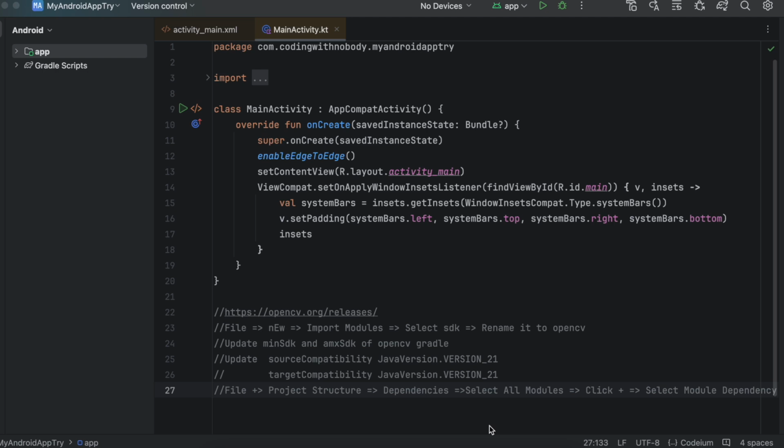For now, as usual, I have created a native Android application. I am using an XML layout, but you can use Jetpack Compose as well if you feel like, because mostly we would be just using one image view to display the final output. The rest will be business logic in Kotlin, so it doesn't really matter whether you use Jetpack Compose or XML layout. So first you have to go to this particular URL,